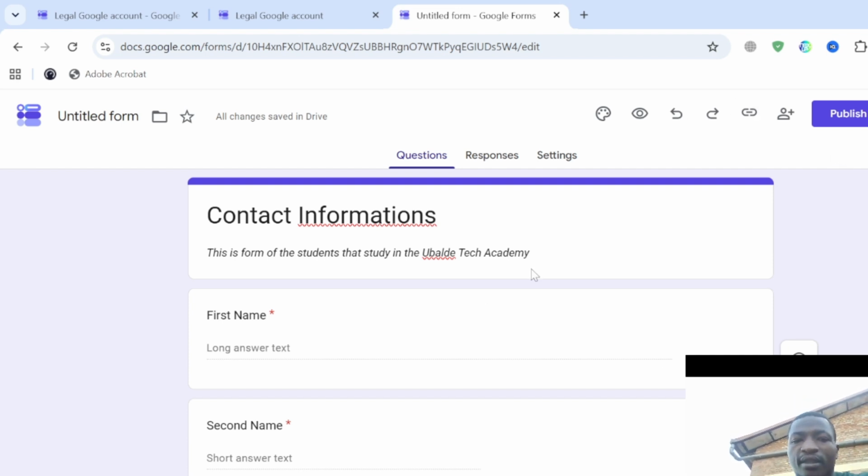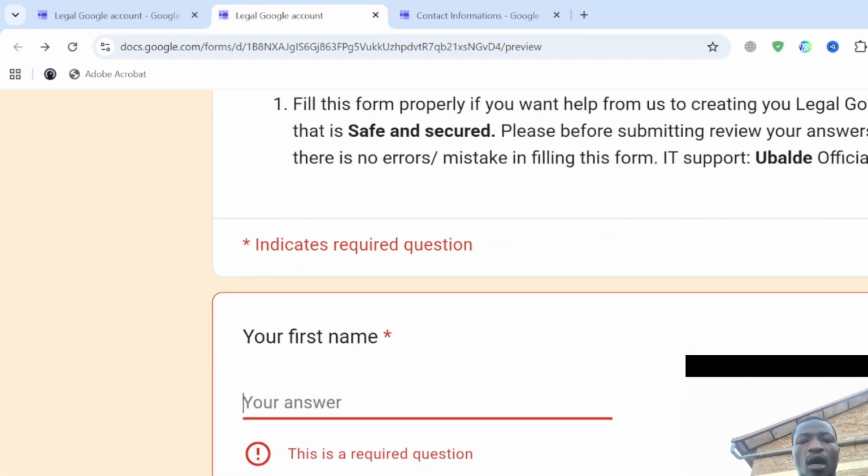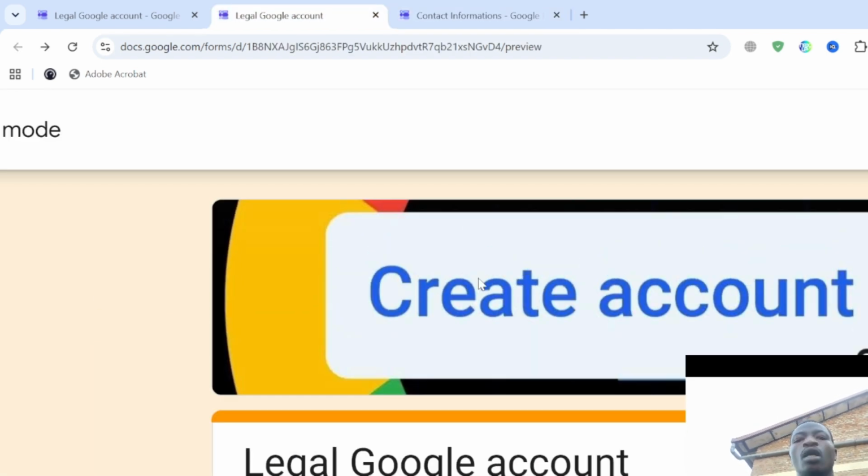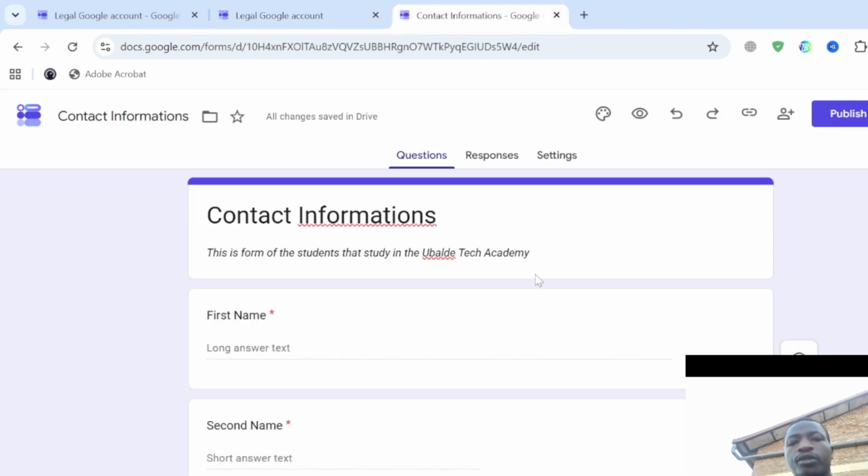Let me set the settings. So we want to make sure that our Google form is